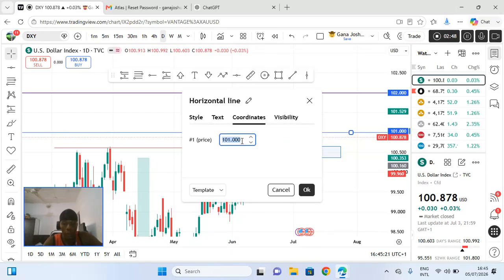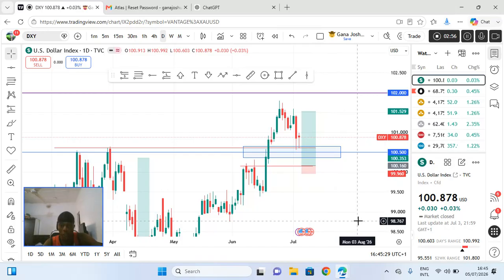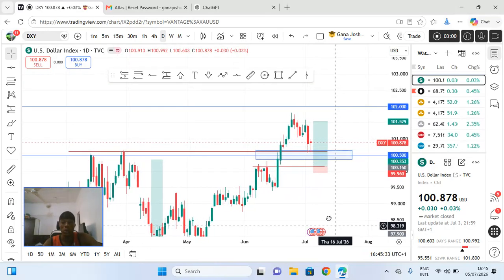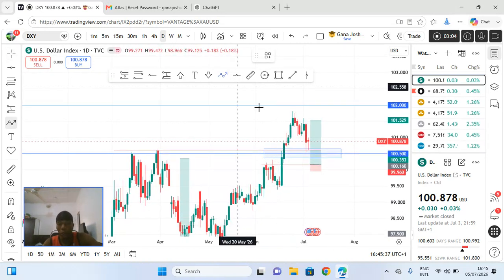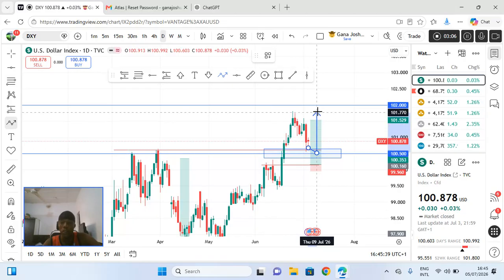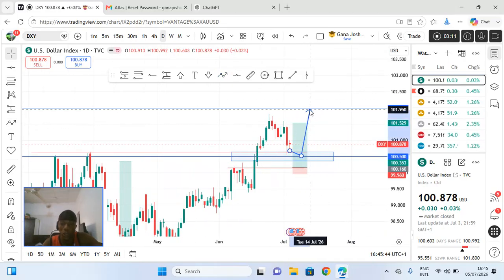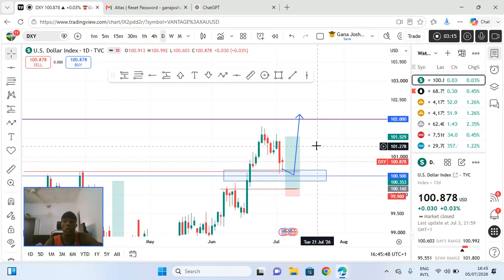Let me see, 100.500 is the support, plus 100.750. Yeah, 100.500, that's the support where price is testing on DXY. So on market open, based on what we're seeing here, we will be expecting the week to end bullish still, after leaving the support, hopefully breaking this resistance. We don't know if it's gonna stay in this range or not, but we do know that DXY is gonna be bullish come next week.